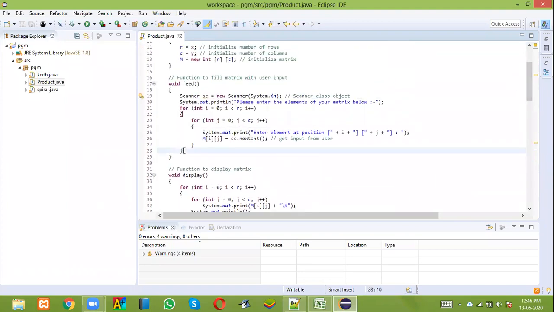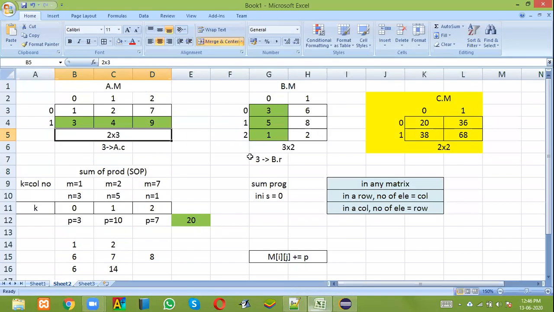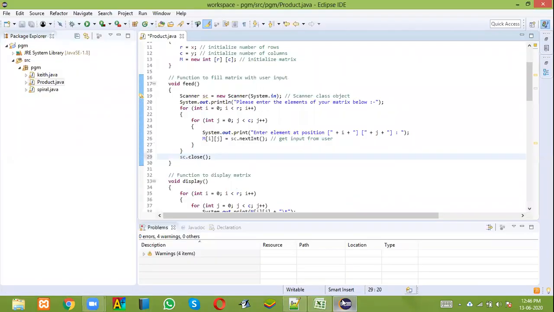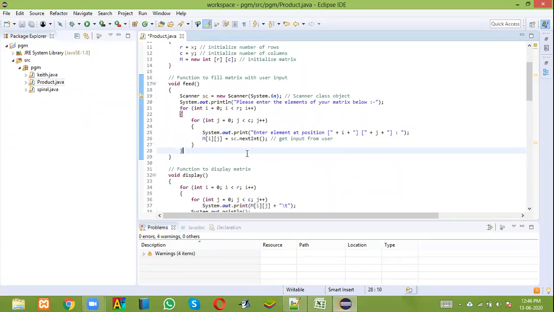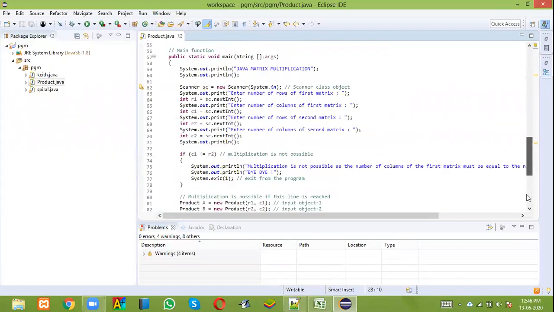Okay, and I forgot to tell you, initially I had written sc.close, but if you write sc.close at the end of this first feed function, where we are invoking sc.feed, a.feed, correct? Here the Scanner class will get closed and we will not be able to input any value for v. I had not realized this at the time when I told you to close it. So it's better you don't close the Scanner class, just keep it open. It's not necessary to close it. So I think this is all we are done.